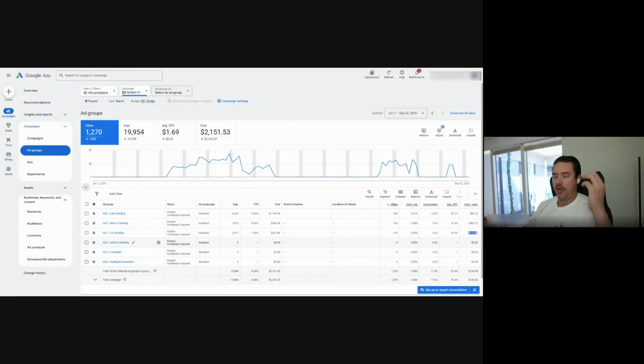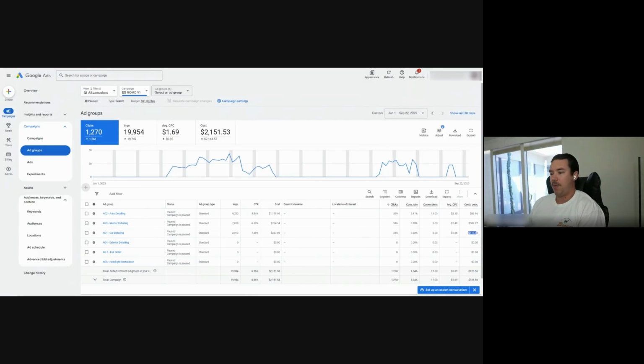So maybe add like 20 or 30 or 40 bucks a day, or even take part of this original budget if you don't want to increase. So now when you give these ad groups their own budget, that is how you can actually test them and isolate them, right? But the whole point of that is you want to only separate the budget and separate the campaign to test more things. So your number one goal is to figure out what's working, right?